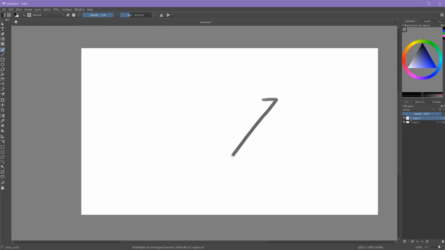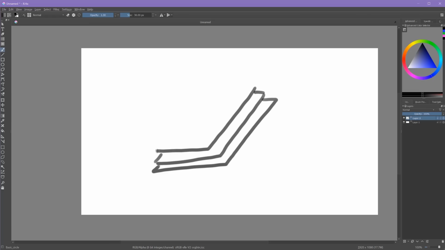So the way you can think of layers is kind of like stacks of paper. So the layer that's on the bottom is going to be the bottommost stack of paper. The layer on top of it will be on top, but then on top of that layer may be another stack of paper. So that one will be the top layer. So the top piece of paper is going to be what's seen in front, and the bottom piece of paper is what's going to be seen in the back.